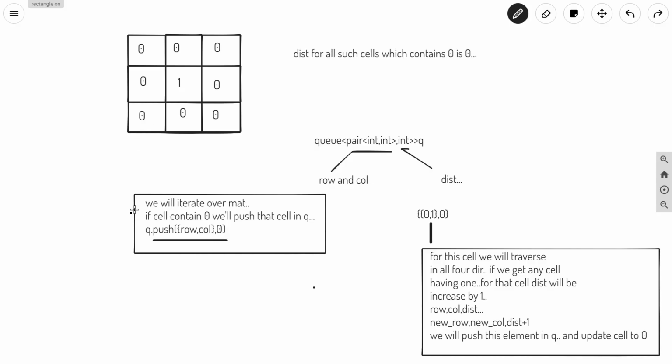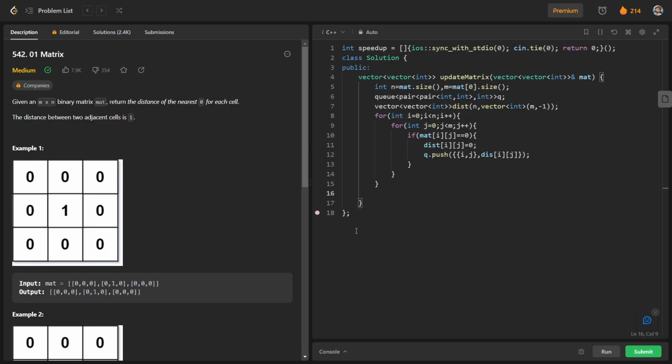So this was our first step, we are done with it, and after that we will do our second step, that is we will iterate over this queue. So while not q dot empty. Okay, so if q is not empty, we will have row as q dot front dot first dot first.